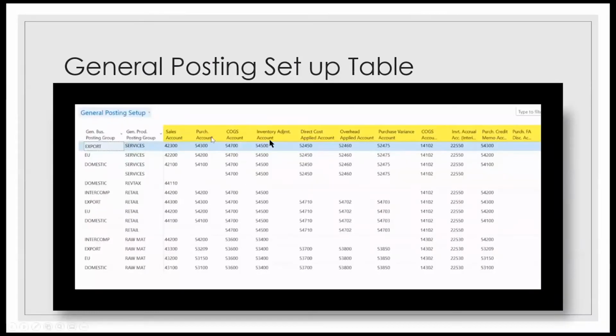So cost of goods sold, inventory, direct cost, overhead when you work with manufacturing, and we have some others, but the idea is not to learn all of this. I want to give you the idea that we have a matrix called General Posting Group, and here we set up the accounts for our purchasing, trade, and sales operations. And we have many possibilities: discounts, inventory, cost, sales, purchase, credit when you want to give credit, inventory accruals when